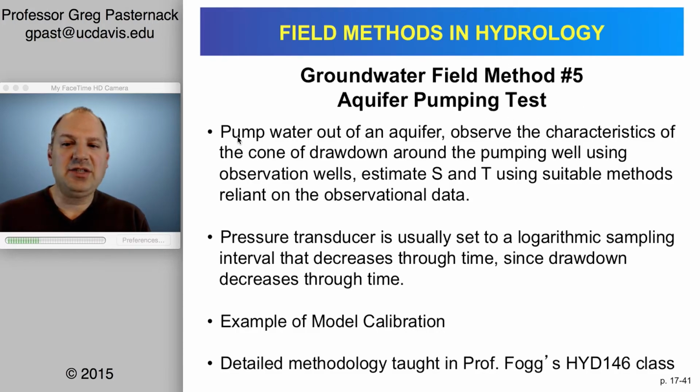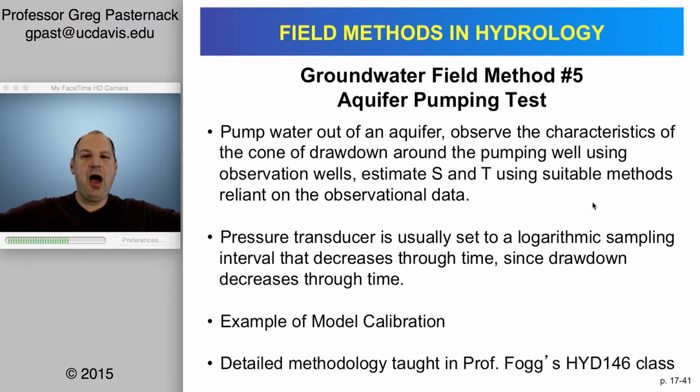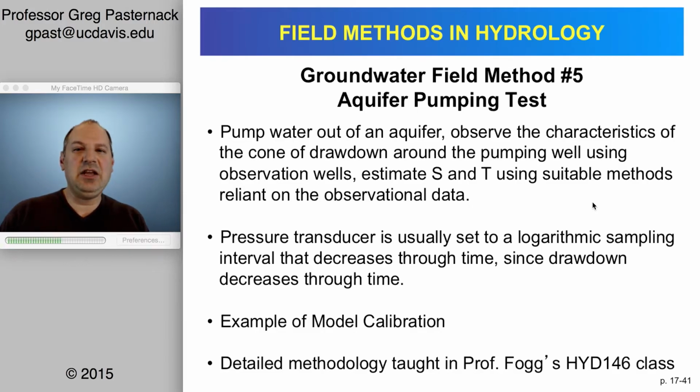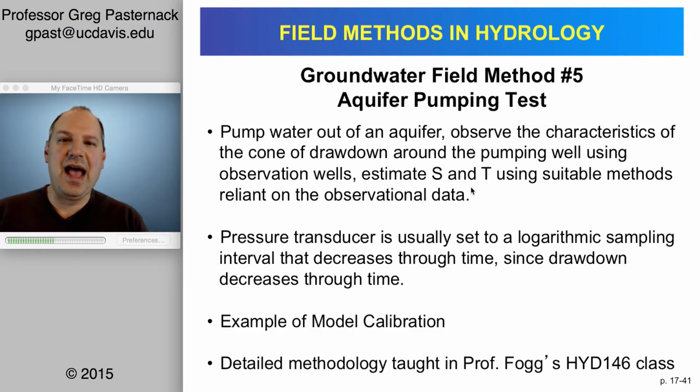With a pumping test, you use one or more wells to pump water out of an aquifer, and then you see how the hydraulic head field changes as you move away from the pumping well by looking at different observation wells. So that's a single pumping well, or multiple pumping wells radially distributed away from that. And based on those observations, you can estimate the storativity and the transmissivity,